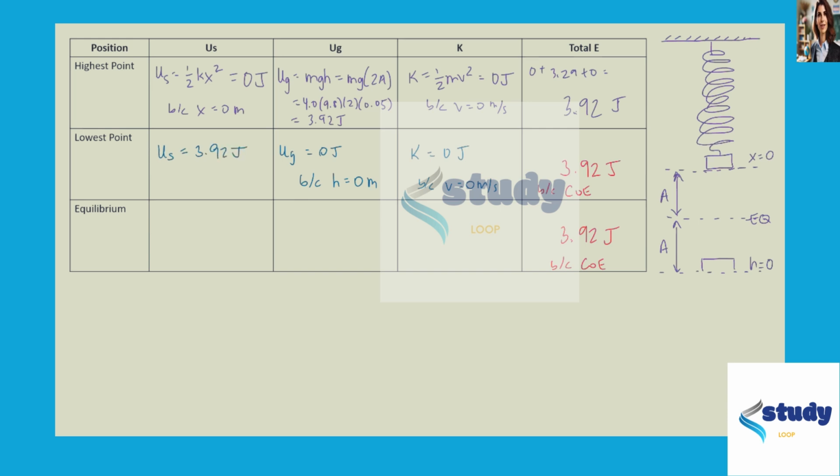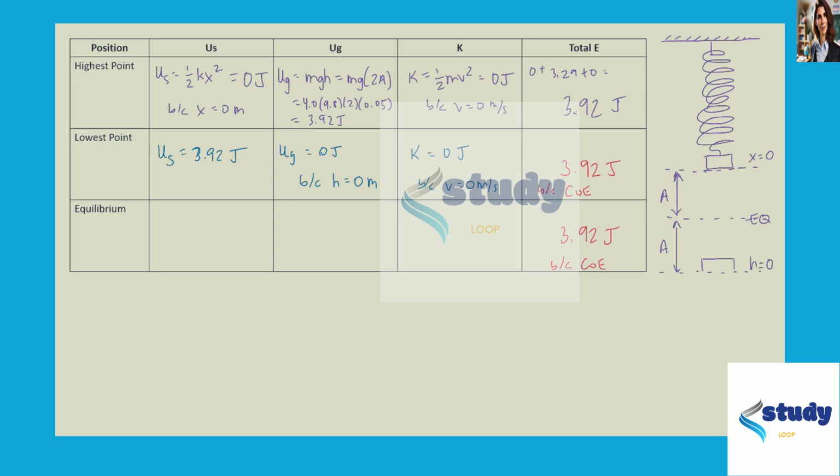3.92 joules. Woo! And I'm actually going to move that up. Well, no, we'll leave it as is. Because I was going to point out that we could use this then to figure out the spring constant. But I'll leave that for when we go to talk about the equilibrium position coming up. So, yeah, at equilibrium, we are going to have some stretch of the spring, some elevation of our object, and